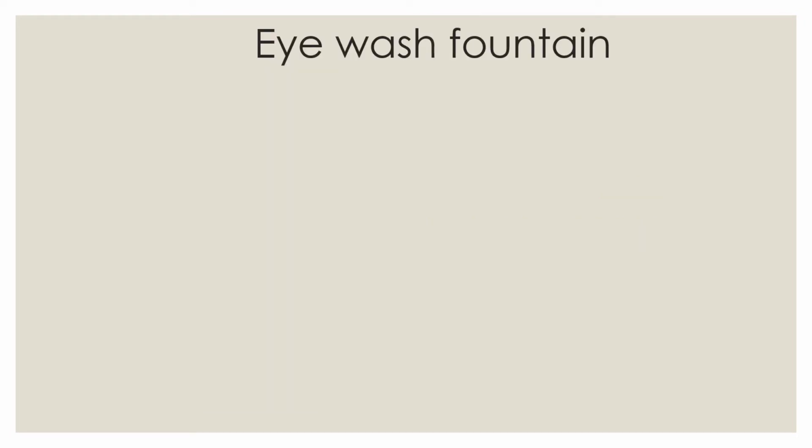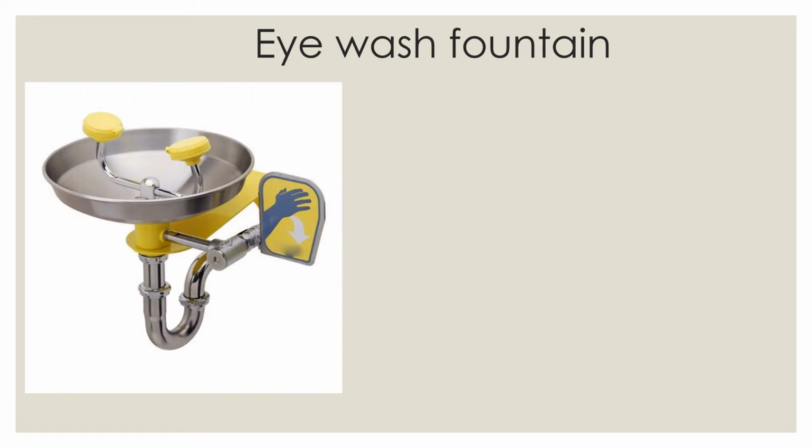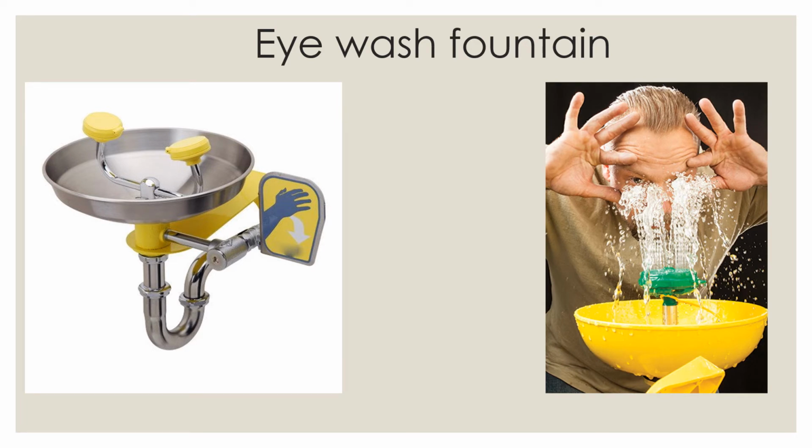The first important lab safety rule is to know where the safety equipment is located, and then learn how to use it. In an event of an accident involving the eyes, let's say the eyes have come in contact with a certain chemical, what is the first aid we have to do? The first thing is to run to the nearest eye wash fountain, if there is one. An eye wash fountain is used to flush away the chemical which entered the eyes, or was splashed on the face or covering the eyes. It is very important that we learn how to use an eye wash fountain.